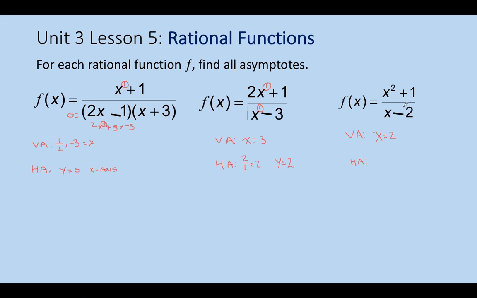Now the third situation here is where the degree in the numerator is 1 larger than the degree in the denominator. So it's not smaller, it's not the same, it's 1 greater, and that is going to give you what's known as an oblique asymptote. It actually has no horizontal asymptote, it has an oblique asymptote. And, well, how do we find the equation for that? Because it'll have a slope, it's oblique. And so what you would simply do is you would do your division. So synthetic division, we would